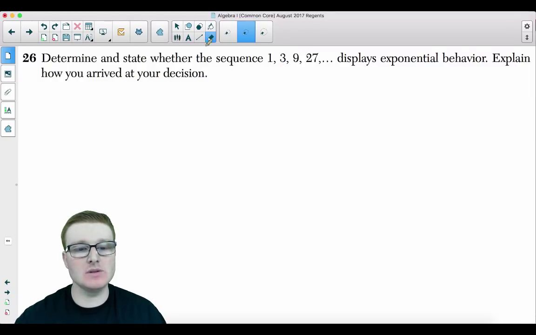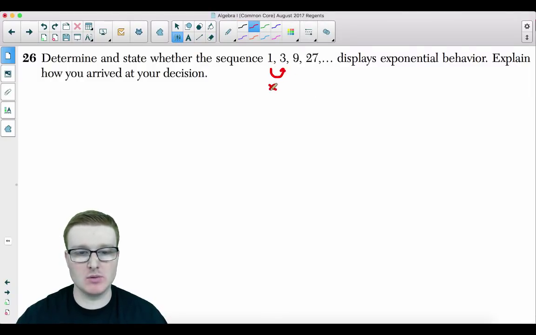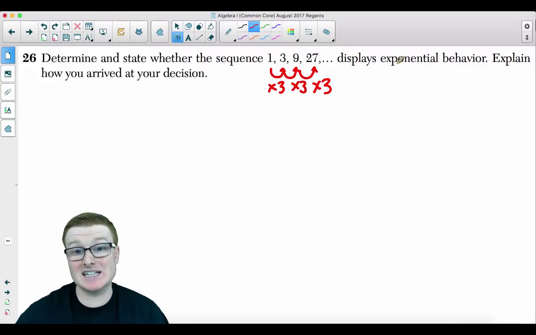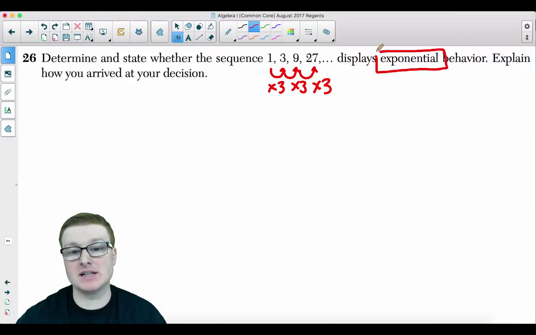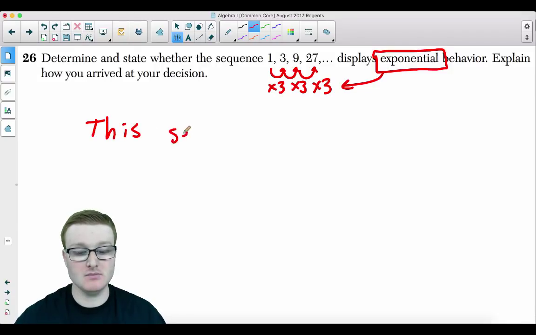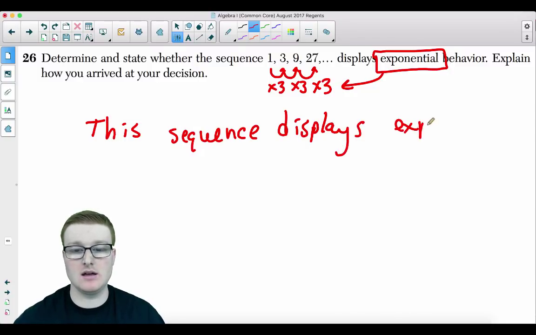So what's happening here: we take 1 to 3, we're multiplying by 3. 3 to 9, we're multiplying by 3. 9 to 27, we multiply by 3. This clearly is exponential behavior, because exponential is multiplication. So your answer can be written as this. This sequence shows exponential behavior